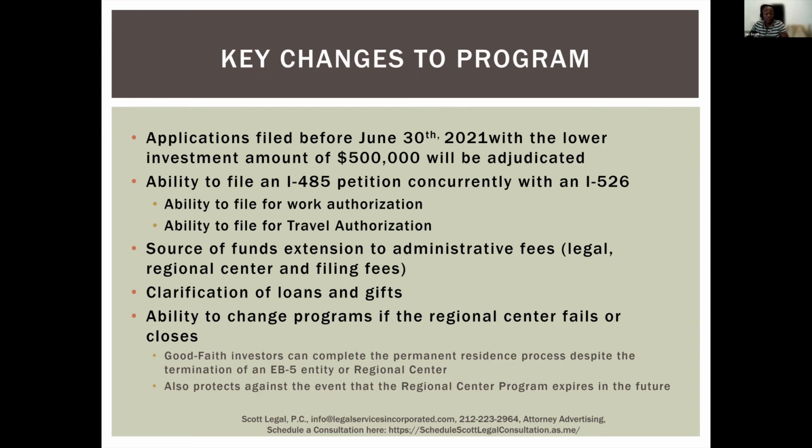So a gift and loan can come from anybody. The issue here was that the government wanted to limit gifts to immediate family, I think parents or something like that, because people were saying, oh, I'm giving my friend a gift. Now, if you do give a gift, you have to make sure that the person is paying the gift tax. And if it's a loan, you have to make sure that the person is paying back the loan, because it could be a problem, because the petition is not going to be adjudicated for many, many years. So if the government, when they come to adjudicate the petition, sees that you gave a gift but didn't pay the gift tax, that's going to be a problem.